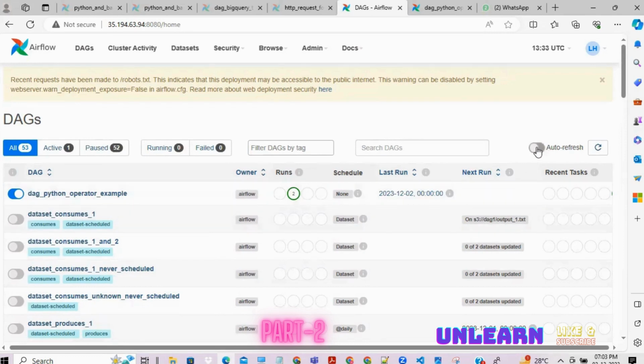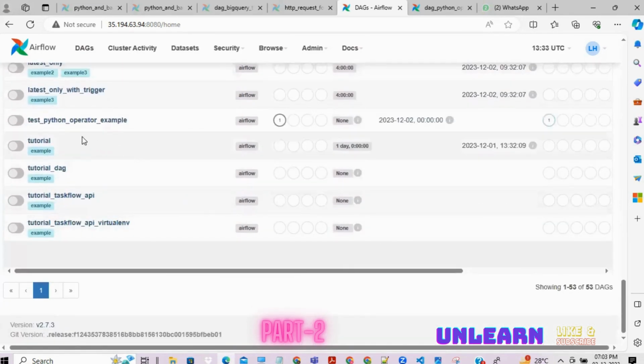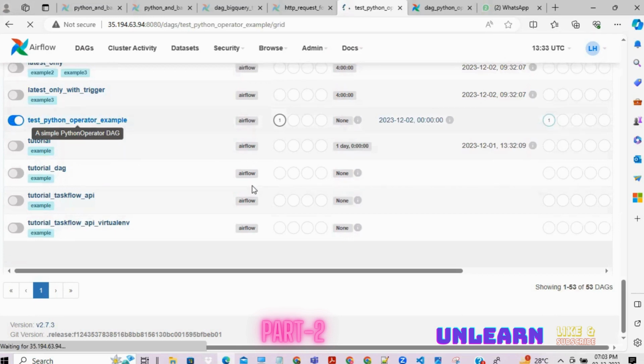You can toggle this one. If it is toggled, then the Airflow environment is going to auto refresh. So the new DAGs will be populated on this web server interface from the DAGs bag. So if you come down, our current DAG is this one. I'm just making it active, and if I click on this one,